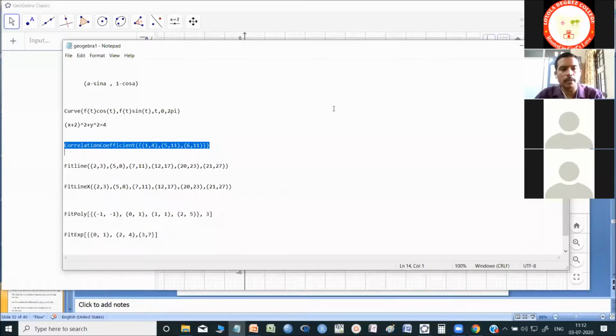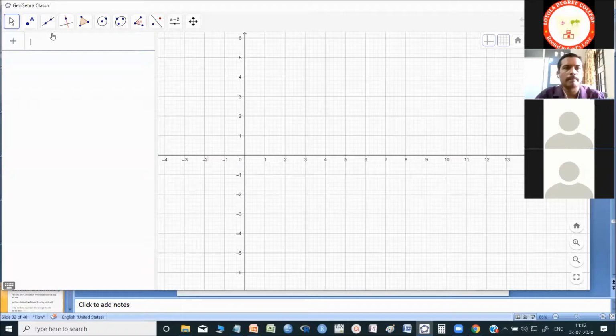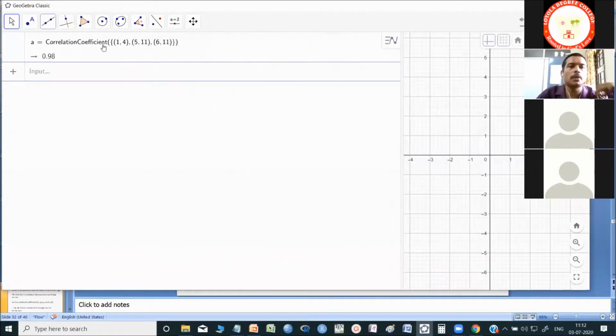Few coordinates have been taken, and typed in the command line. I'm just using the command line, not the xy plane. Correlation coefficient of x equal to 1, y equal to 4, x equal to 5, y equal to 11, x equal to 6, y equal to 11 again. So what would be the correlation coefficient between this x and y? You can type any number of x and y coordinates. It shows you the answer there only. 0.98 is the correlation coefficient.